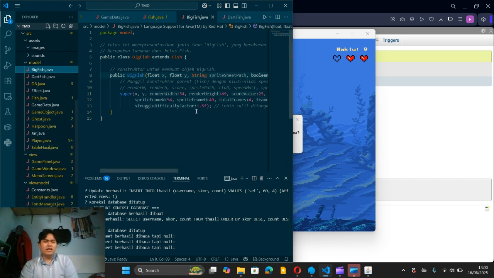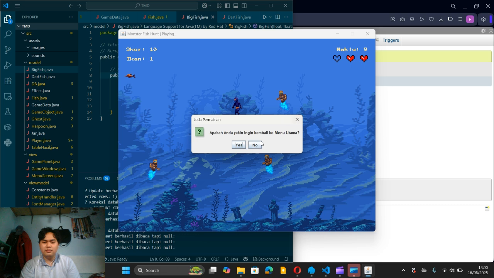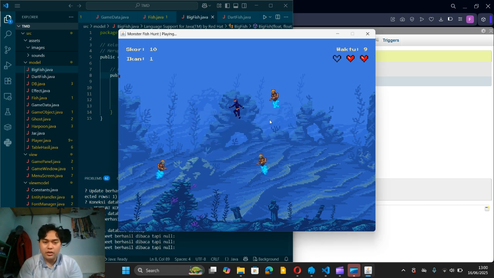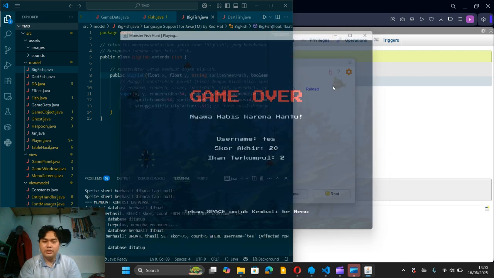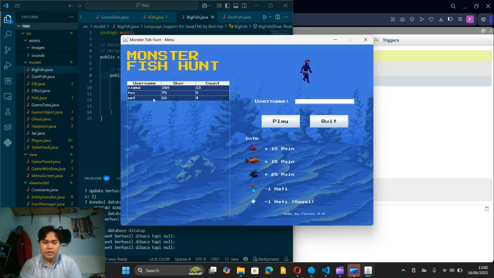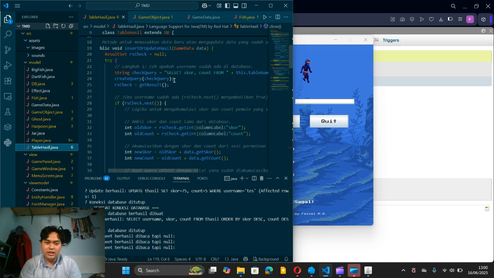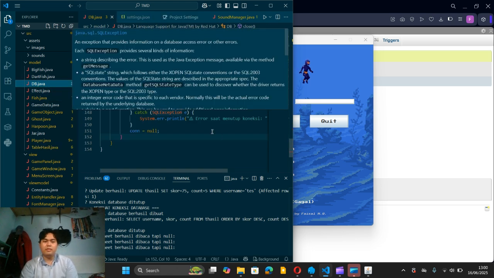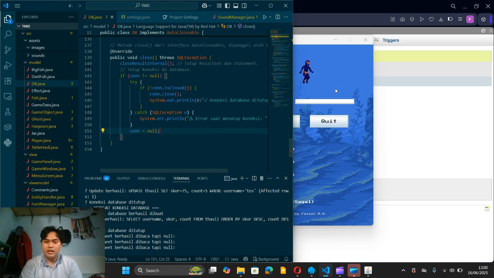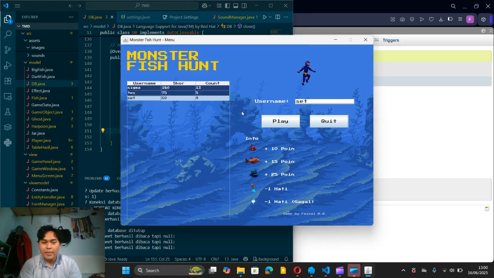For the database, you can see the score is 10. It accumulates, by the way. So if before it was 10, our score is 10. Now the score will be accumulated with the previous score, like that. It's using a results table, with the controller for the queries, and the database class for the base connection to MySQL. I think that's it, the explanation of my game.